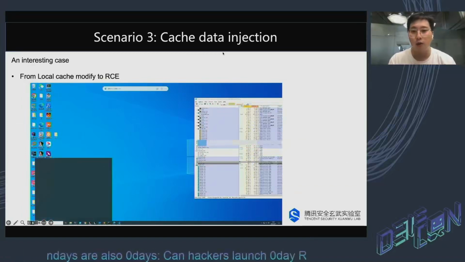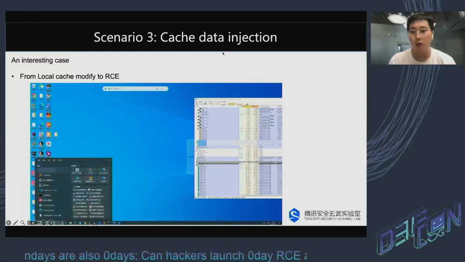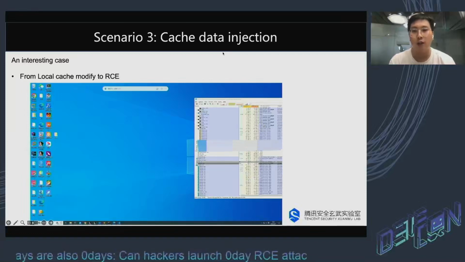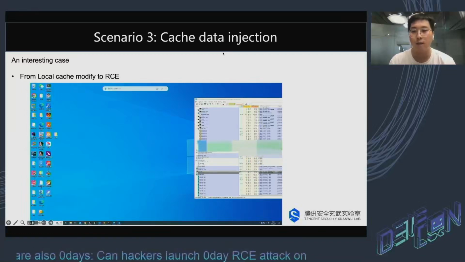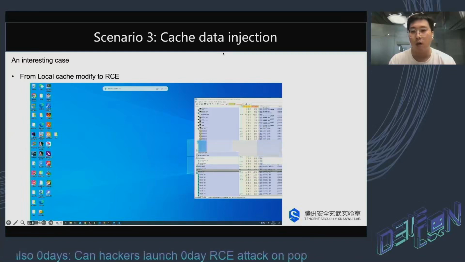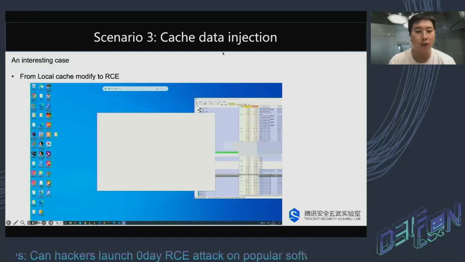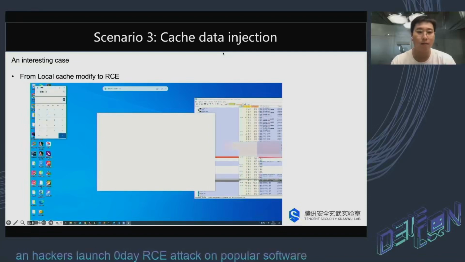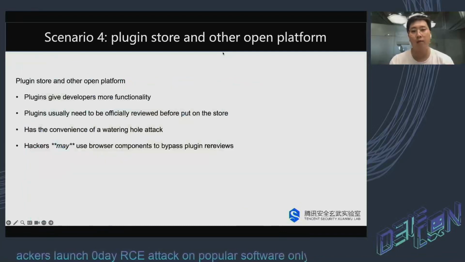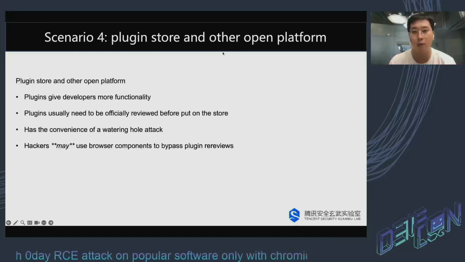Therefore, by using the code injection, we bypass the validation and achieve RCE. And further, we polluted the server, which can lead to more remote attacks. Okay. Some applications also allow developers to develop plugins and upload them to the store, thus providing more convenient extension